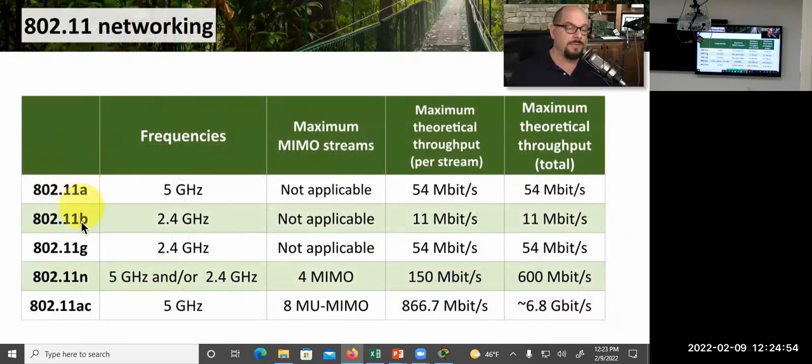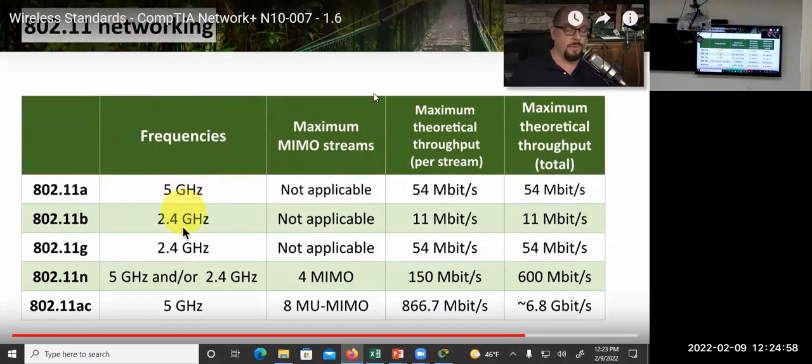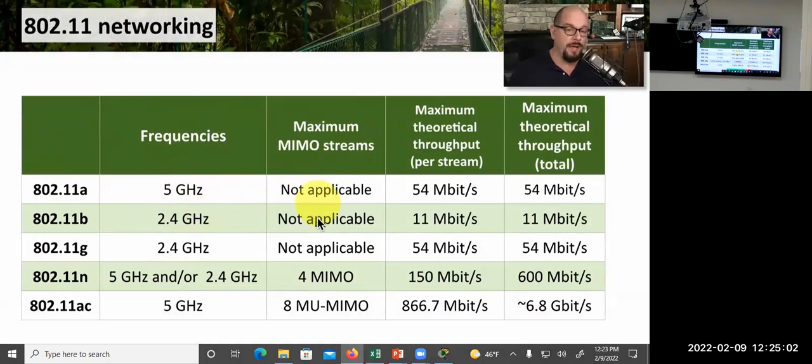802.11a and b were released simultaneously. A supported 5 gigahertz and B supported 2.4 gigahertz, and neither of them supported multiple input, multiple output. 802.11a provided 54 megabits of maximum theoretical throughput, and 802.11b supported 11 megabits. 802.11g was an update to 802.11b, and it uses the same frequency of 2.4 gigahertz, and it increased the speed up to 54